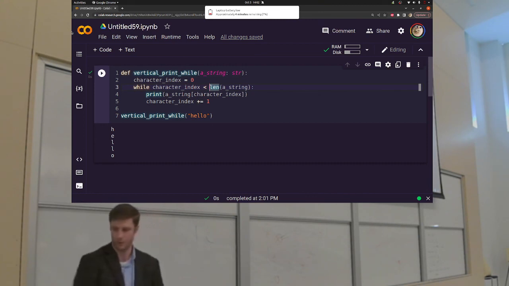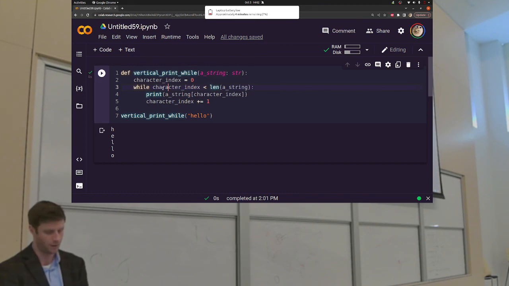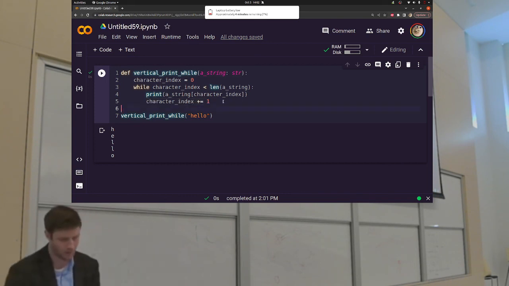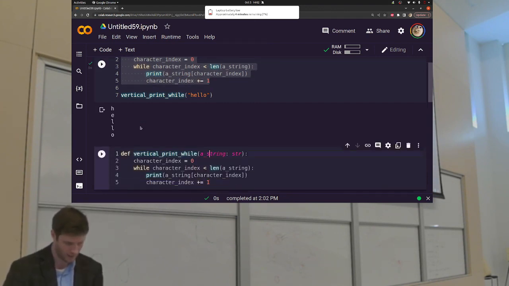with this while loop. Overhead being, okay, we need a counter variable, we need to check the condition, and then we need to increment the counter variable for our while loop. A for loop is a way to loop over each thing in a collection of things. So I can modify, here's what I mean. I can try to modify this, call it vertical print